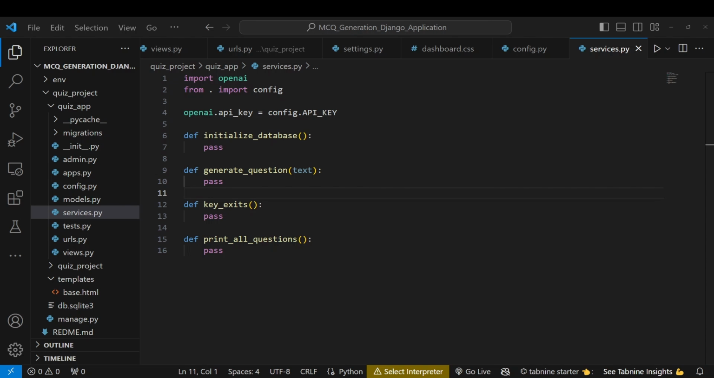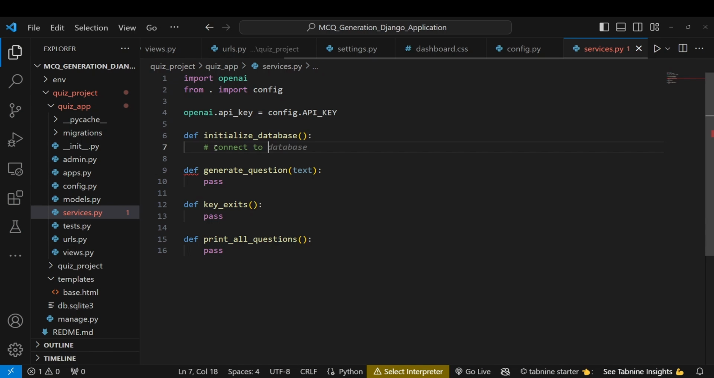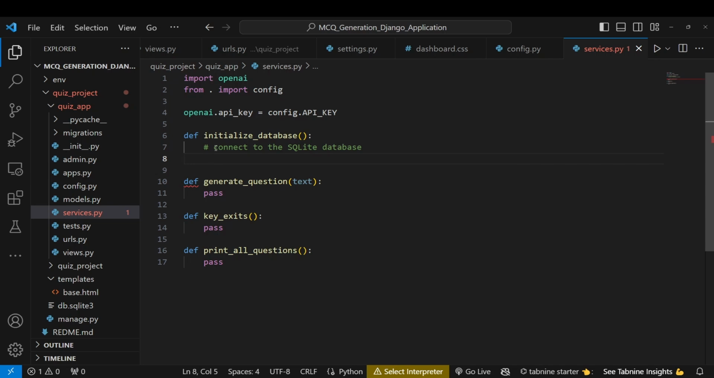Okay, so now what I'm going to do next is write code under our generate questions function. Or let's start with our initialize database. So first of all we are going to connect our database. So let me write a comment here: connect to the SQLite database. Now here we are going to create a connection first of all. So connection equal to sqlite3